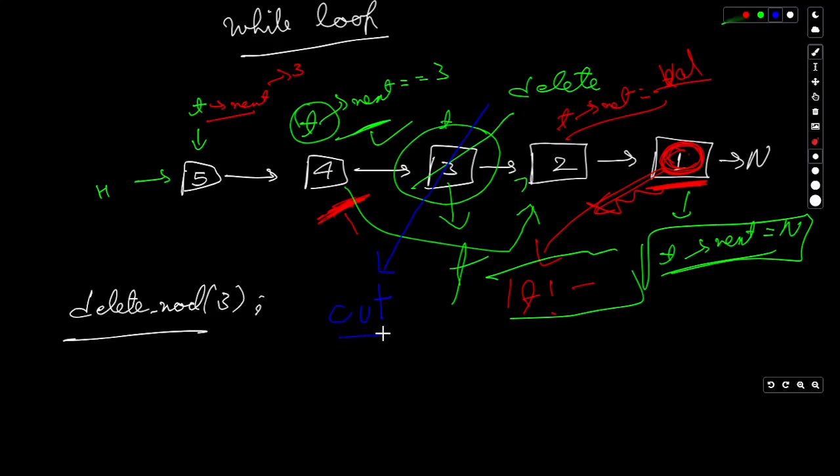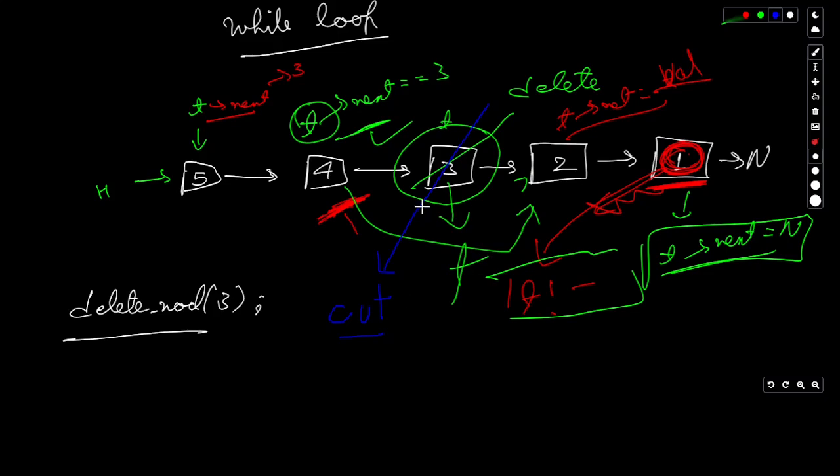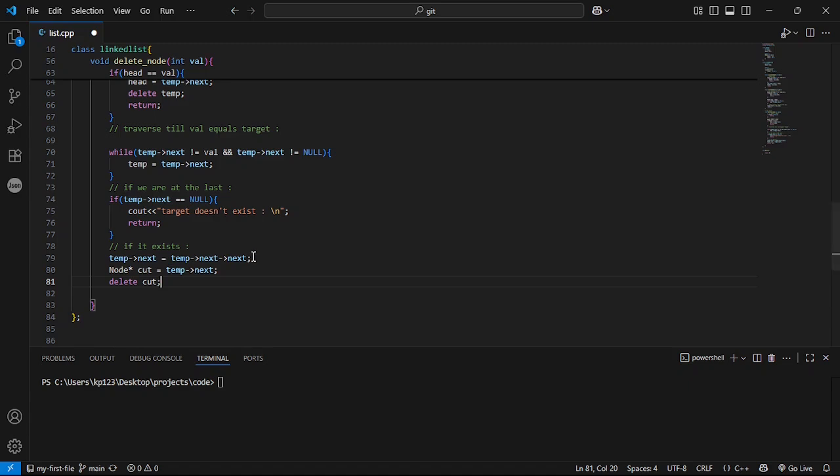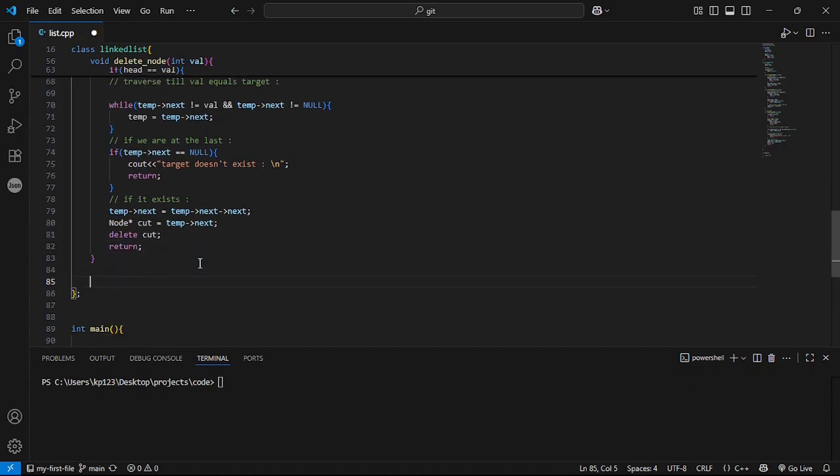This is another node pointer that will point towards temp's next, and then we just need to delete this particular node, and finally we will return. Now I guess the very last function is left, which is the display function.